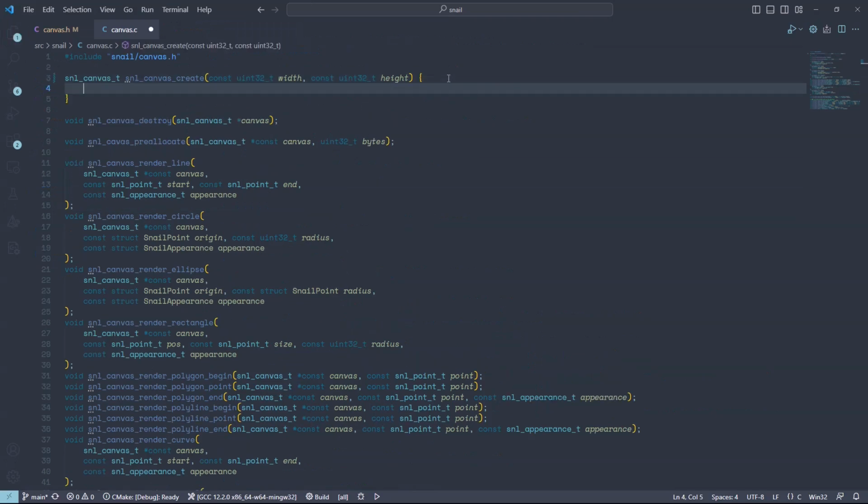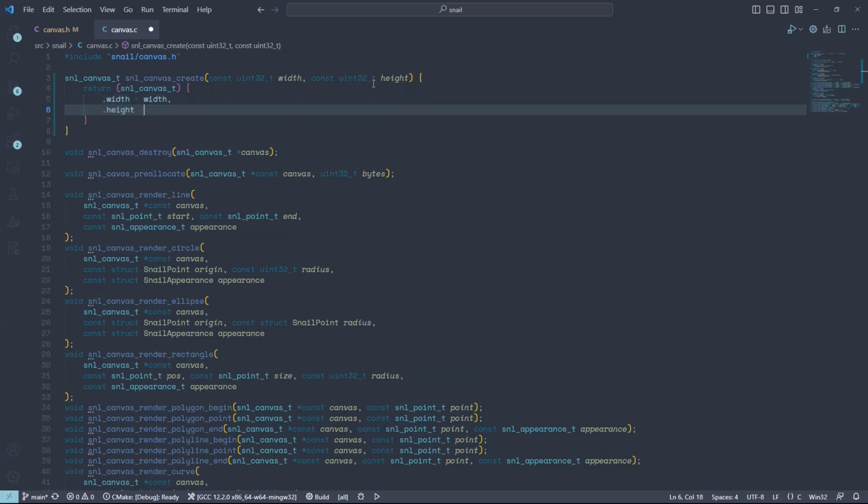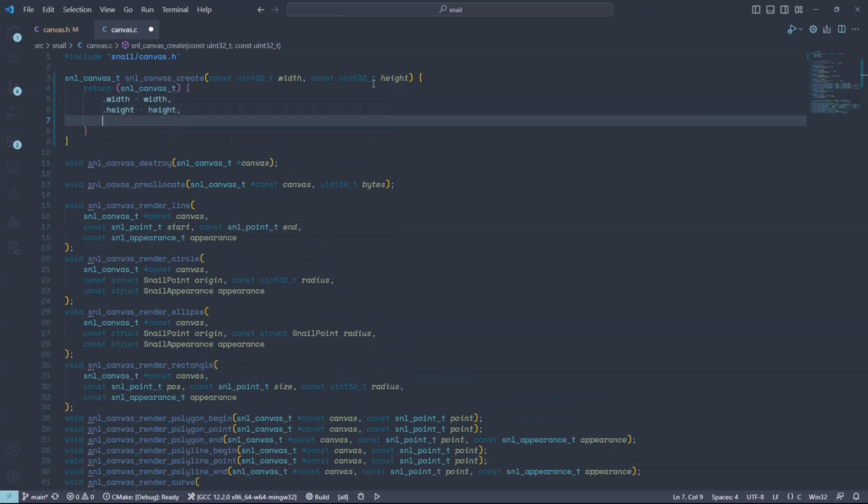Now, we have the canvas create, and we're going to return the SNL canvas instance. Saving the width and the height. The translation will be set to 0 automatically, and then for the surface, we need to create a new string. So I'm going to create Vita string, create len, I believe, and that should take in the